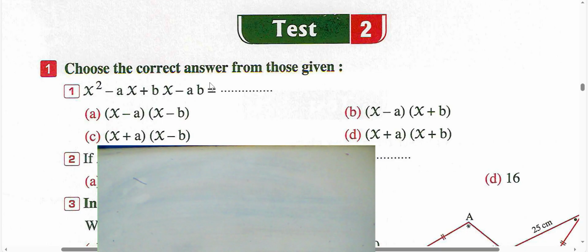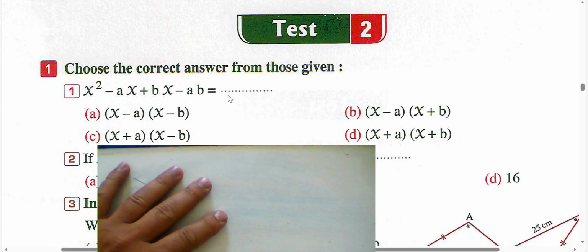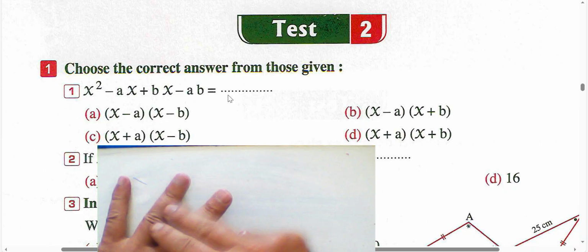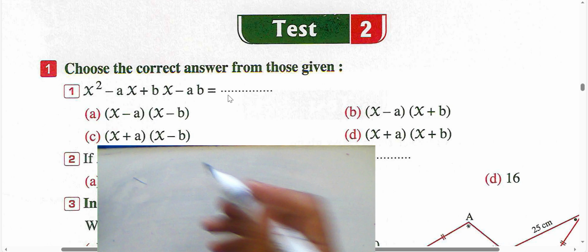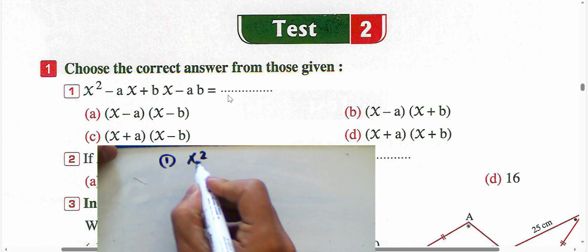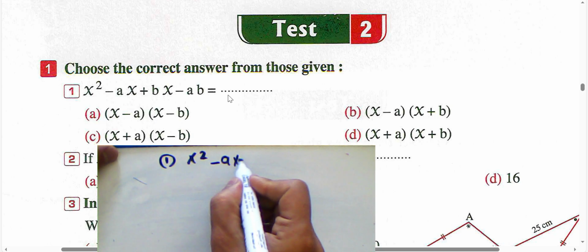Number 1, choose the correct answer from those given. Number 1, x power 2 subtract ax plus bx subtract ab equal what? We have here 4 terms. So you must divide this expression into 2 and 2. In this expression we have x power 2 subtract ax